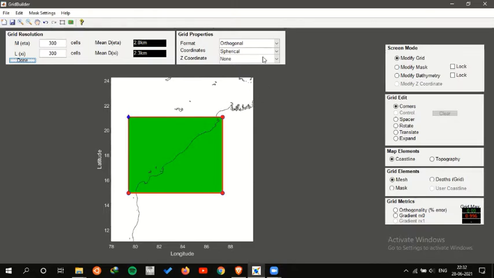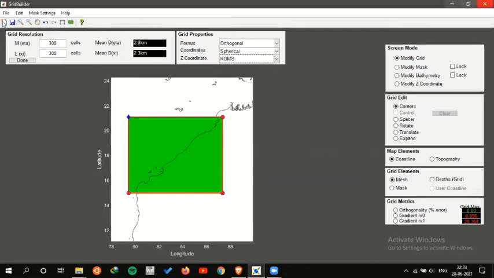To have a 3D application, I would suggest that on the Z coordinate, you click on the drop down menu and select ROMS. The second task is to insert the bathymetry and the coastline. Since we already have the GSHHG coastline file for the entire region in our MATLAB toolbox, you can see the coastline has been plotted here because it directly reads from its path.